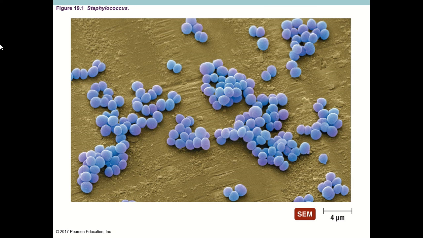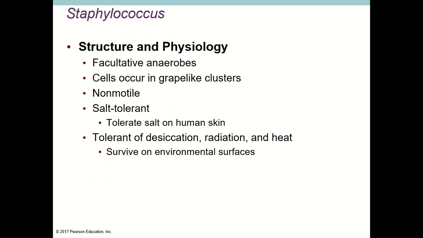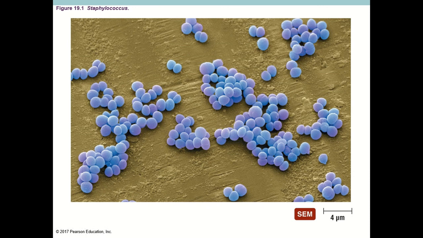So again, two major species of Staphylococcus bacteria. We are looking at Staph aureus and Staph epidermidis, which do live on us harmlessly, but at times they can be opportunistic as well, meaning that they can cause disease. When they do cause disease, that means that they have breached first line defenses, so physical barriers, and they can survive in the body or in organs where they're not supposed to be in